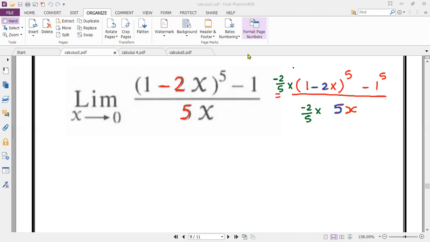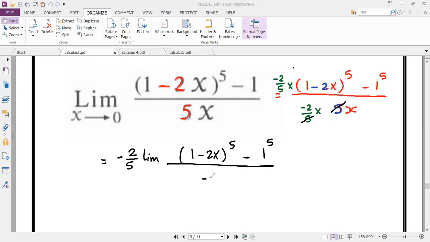And why did I do it? Just to cancel this 5 and this 5. What I multiplied by in the denominator, I multiplied by in the numerator, just to make a balance between them. And why did I multiply by negative 2 over 5? Just to make it negative 2x. Then you will get at the top negative 2 over 5 limit and write 1 minus 2x to the power of 5 minus 1 to the power of 5, all